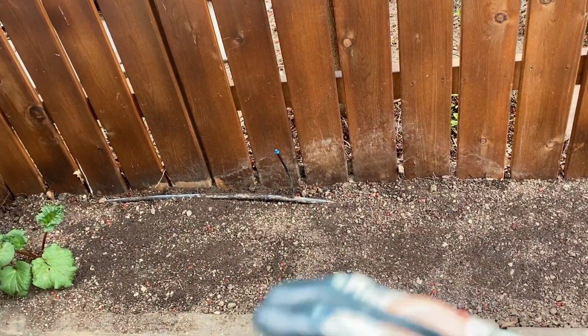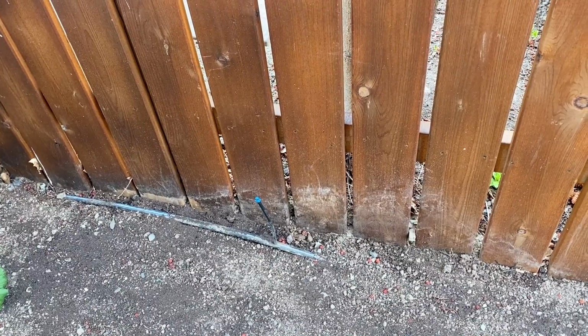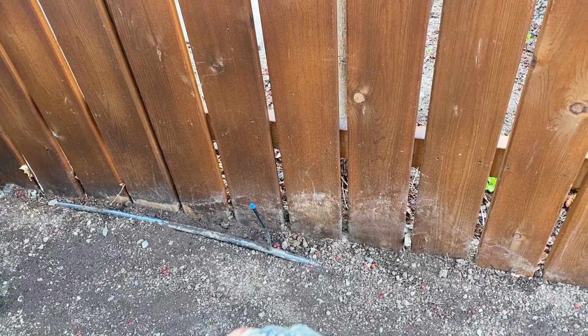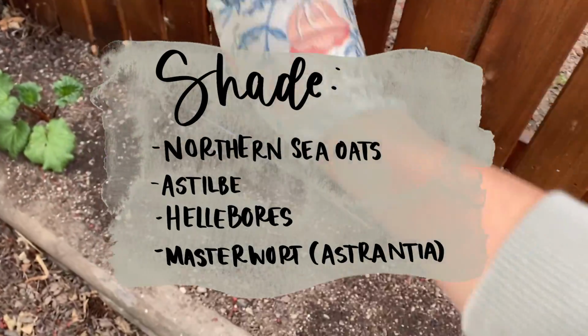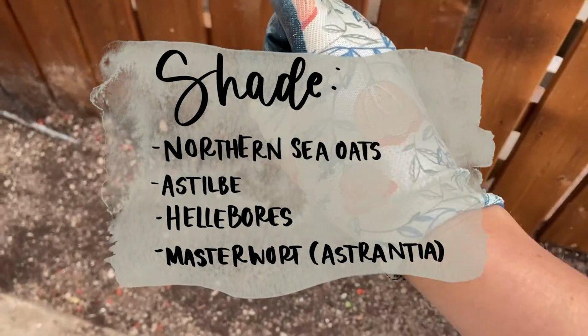So we dug that up and moved that down to the backyard where it's going to get more sun, and hopefully we'll get some more blooms from it. So far it looks like it's doing well. As for shaded things that we have planted in here, I've chosen to plant northern sea oats, which is a